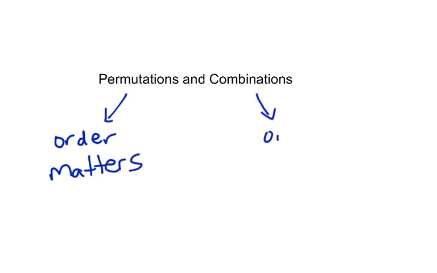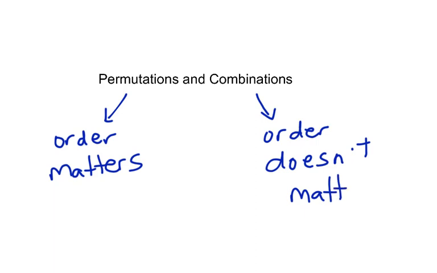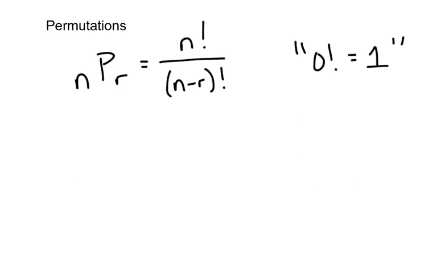The key is when order matters, we have a permutation. And when order doesn't matter, we have a combination. Now you may be thinking, well, what does that mean when order matters and when order doesn't matter? We'll look at some examples and I'll try to explain the difference between the two. The main thing is practice and experience is what's going to help you decide when to use which one of these operations. First, we're just going to look at the mechanics of the formulas that are involved with these things,